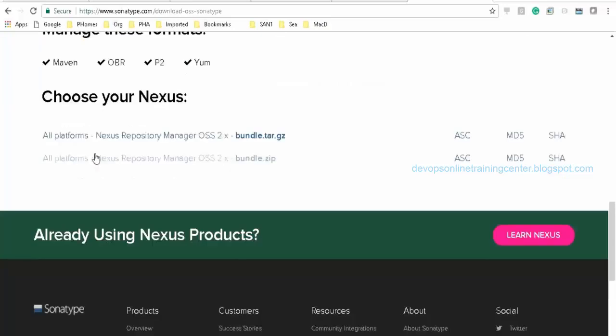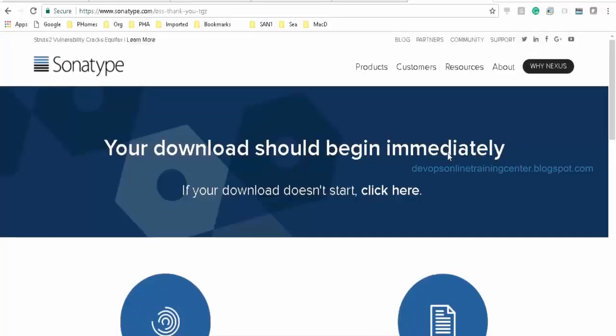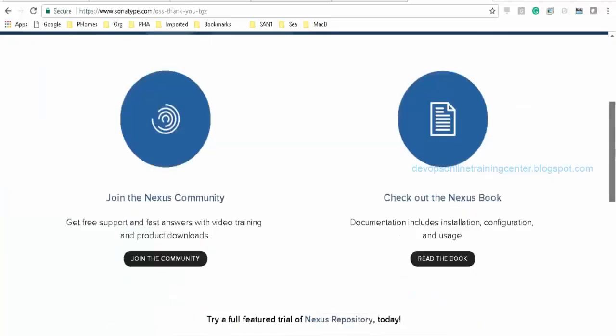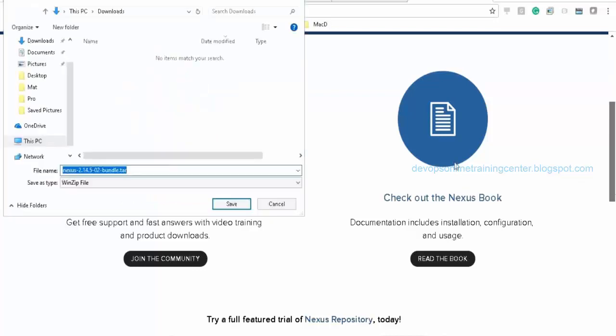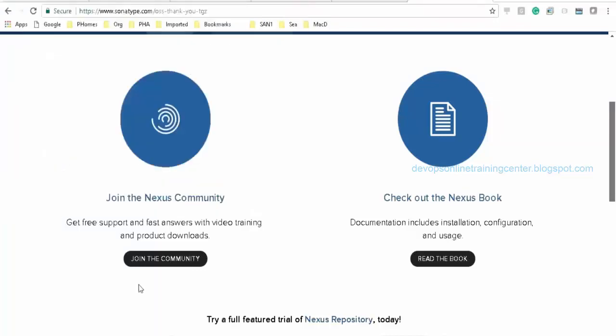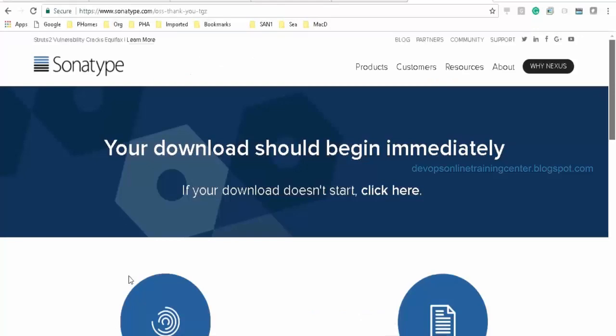We can download bundle.zip or bundle.tar.gz. Let me download this bundle.tar.gz. Okay, so I got Nexus.